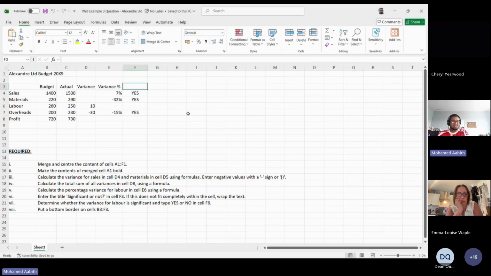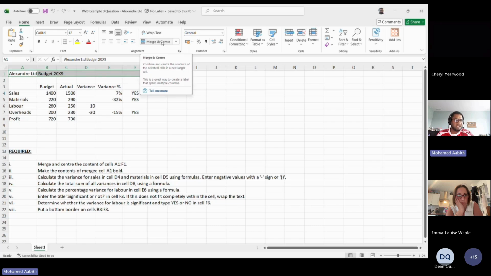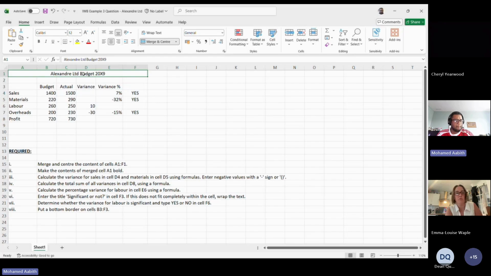Okay, so let's see here what they asked you. So there are 8 tasks they have given you in the exam. What we're going to do, the first one is merge and center the content of cell A1 to F1. So if I'm going to say here A1 to F1, these are the cells, but only that one has data. So what I'm going to do, I'm going to select all of that, and then I'm going to click on merge and center. So what it does, it merges the data together into one big cell, and it centers it